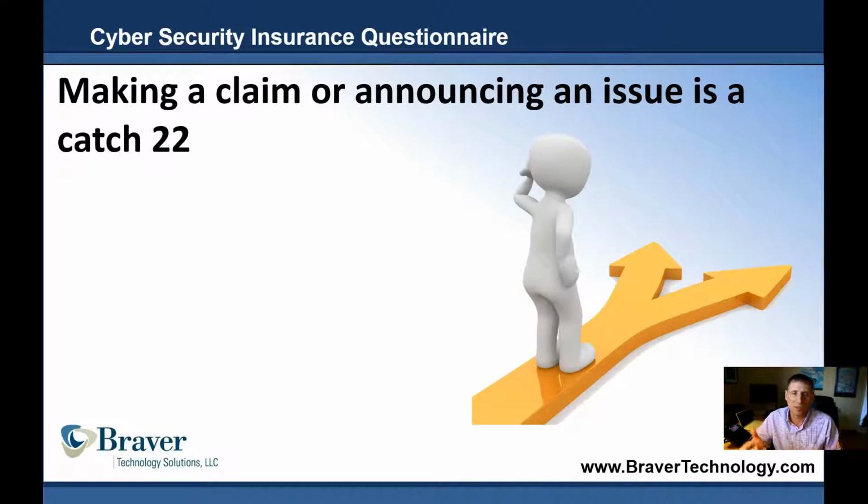Now, will it affect your next premium? Probably. It will. And that's where you have to make the decision, okay, when does it make sense to bring them in? But just make sure that you do at some point bring them in, because if you don't, they may not honor your claim that you had. Okay, so next thing I want to talk about is,